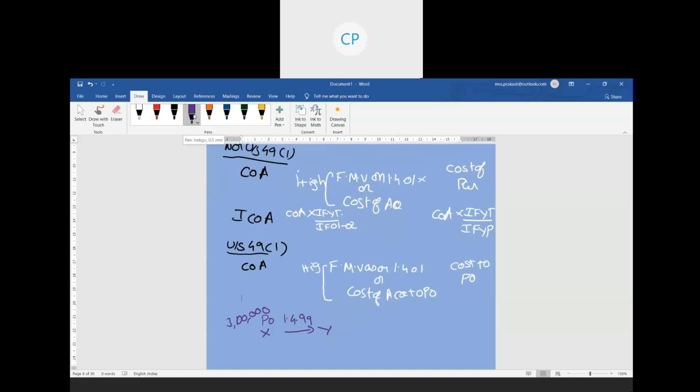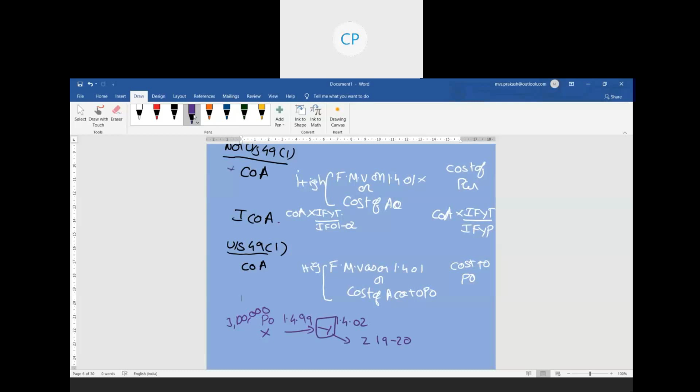So let us take an example here. Transfer is happening on or after 1st April 2002. So ultimately transfer is happening on or after 1st April 2002. Before anything, that could have been covered under the first category, but not under the second category. Then let us see, what is Y doing? Y is selling the property to Z in 1920. Here, calculate the cost of acquisition in Y's name. What is the cost of acquisition to Y?